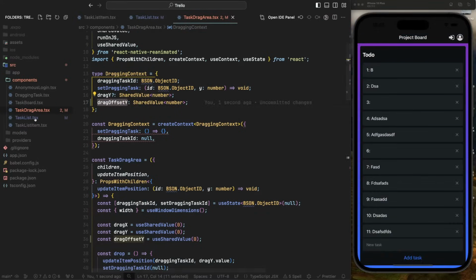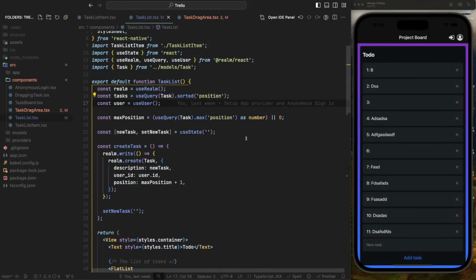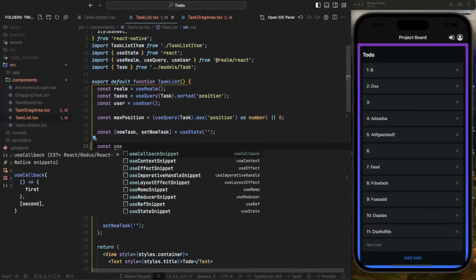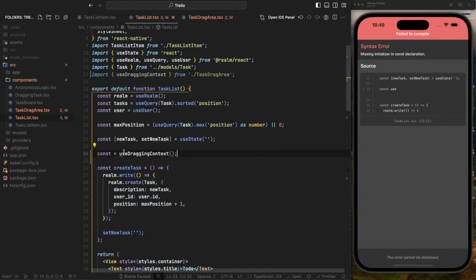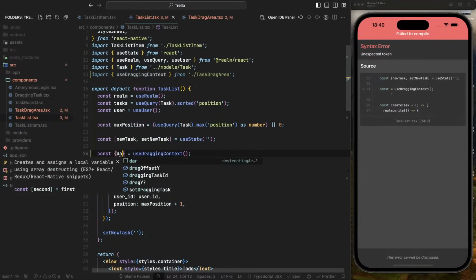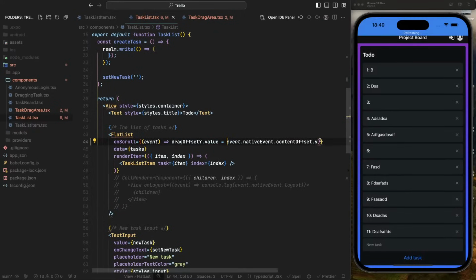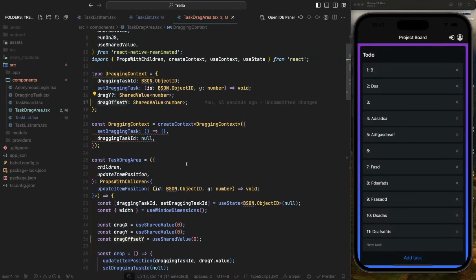We can take this drag offset. We can go to the task list. We can import it from const use dragging context, and we're gonna get here the drag offset y. So let's assign, instead of console logging, let's assign the value of this shared value with the offset of a container. Then what we can do in the drag area,